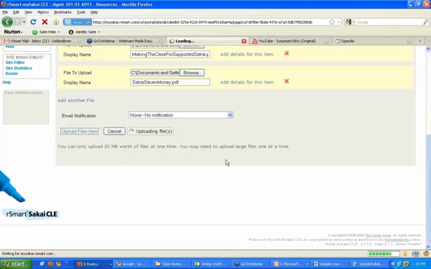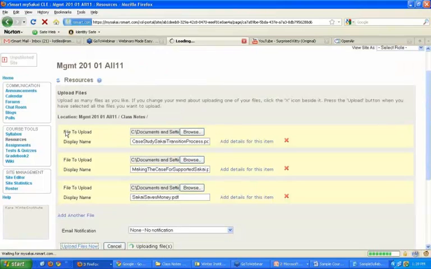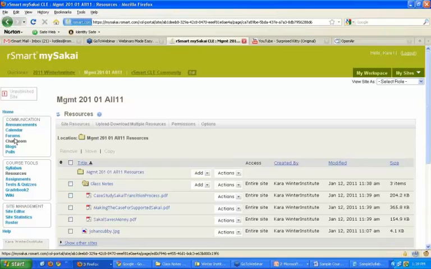So again, there are many other places in Sakai, such as the syllabus, where you can upload attachments or add attachments. But the Resources tool is the tool that's going to house or organize all of those files once you have uploaded them. And then when you use that rich text editor that we saw earlier, like in the syllabus tool or wherever else that rich text editor might exist, you'll be able to point your users to any file that exists in